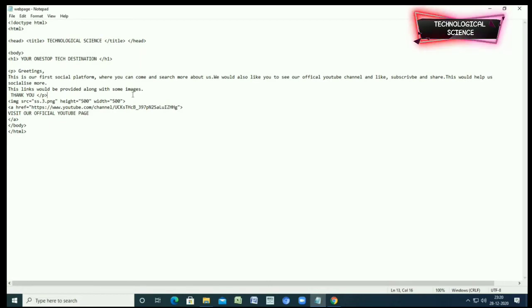Then when you are done with adding an image, for example, you're making an official business website, and you need to add a link to your YouTube page or any other page. We're just giving an example of YouTube. So what you need to do is, as you can see here, just put an opening tag and just put a along with href. This actually indicates the hyperlink.